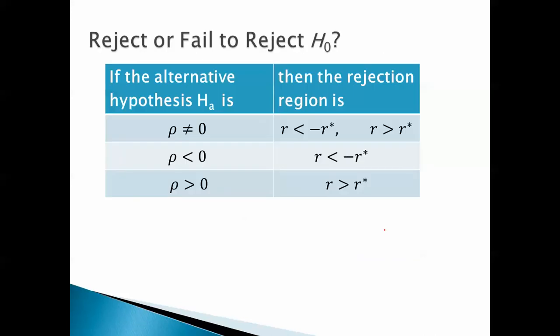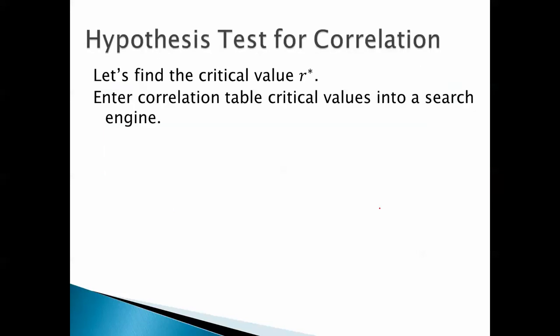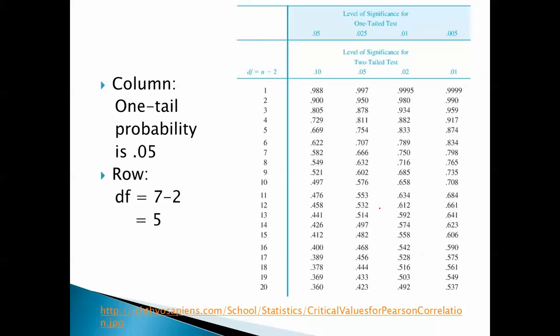Do we reject or fail to reject H0, the null hypothesis? In this case, rho is greater than 0 is our alternative hypothesis, so we would reject if R is greater than R star. So let's find the critical value R star. Our book doesn't have it, but you can just enter correlation table critical values into a search engine. And here's what we end up with. The column we want is the one-tail probability, 0.05. So this is a one-tail test, 0.05. That's what we want. And the row is